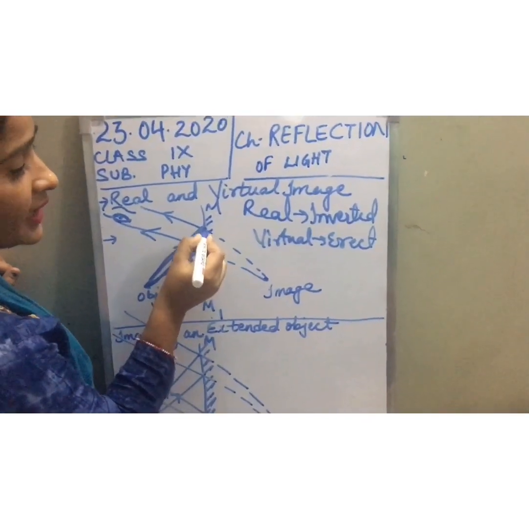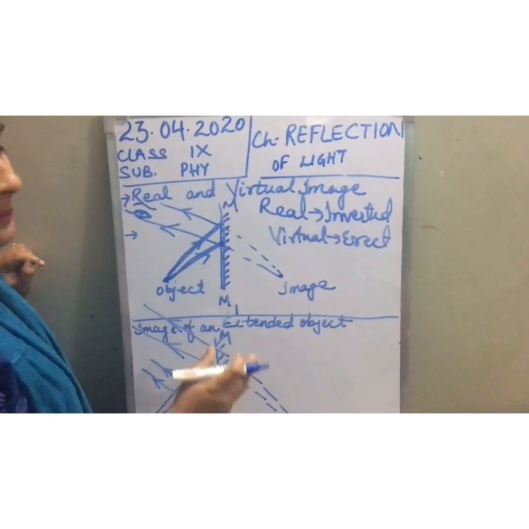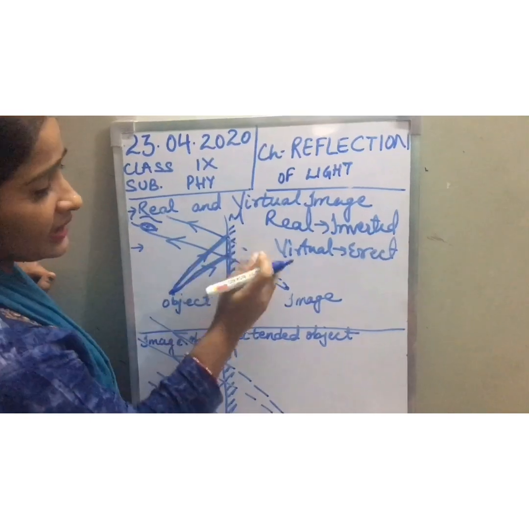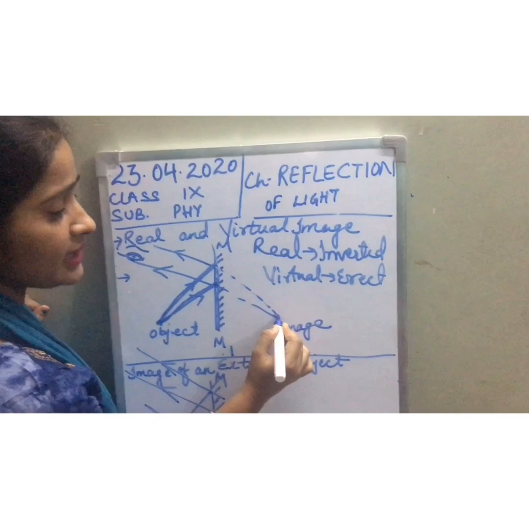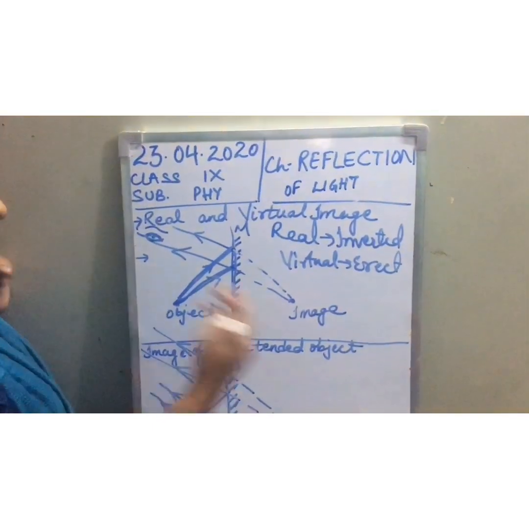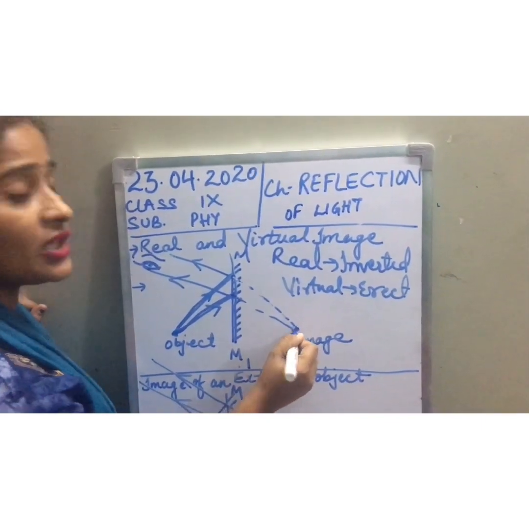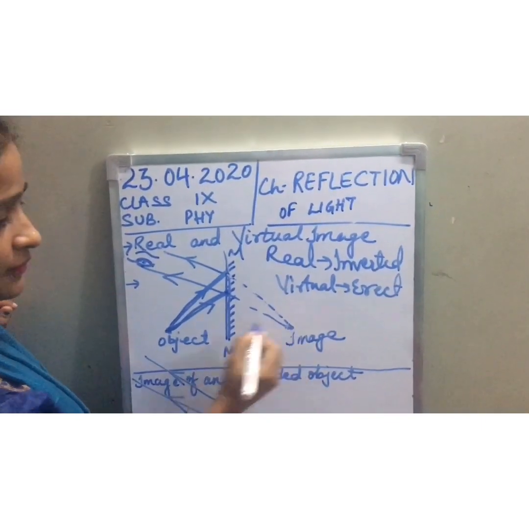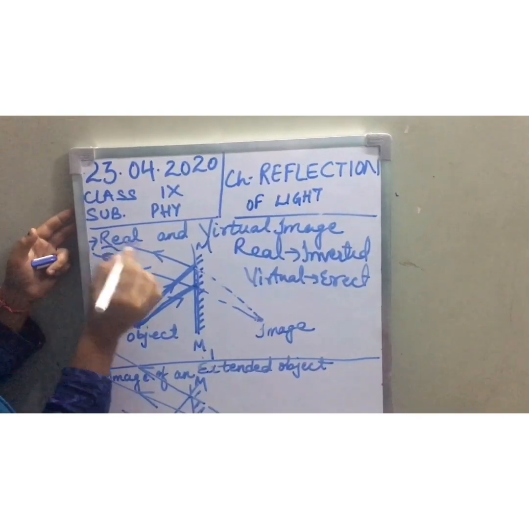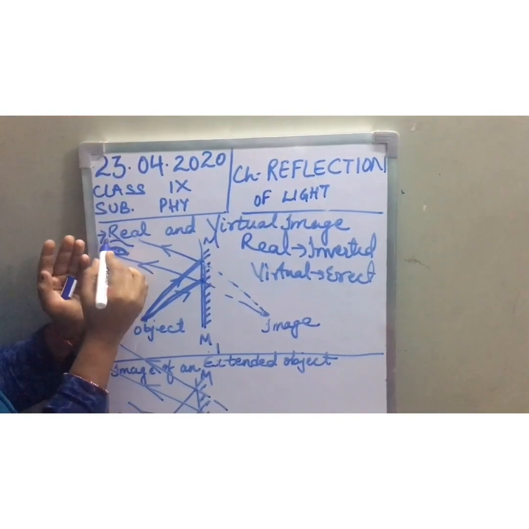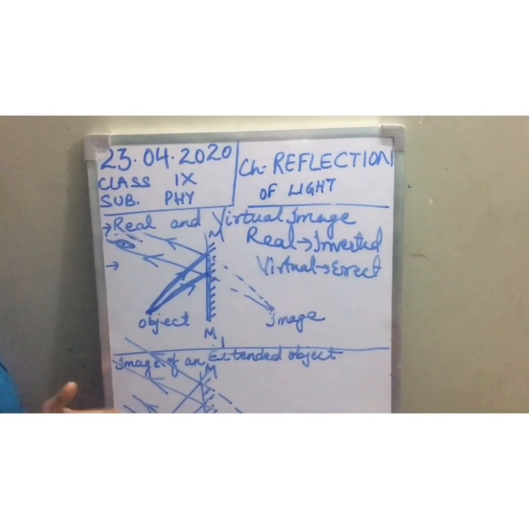These reflected rays will meet somewhere behind the mirror, imaginarily. They are not meeting actually. Behind the mirror, we extend the reflected rays at the back of the mirror and they meet at this place. Where these reflected rays meet imaginarily, we are getting the image there. So where do we have to keep our eye to see that image? In this area, where the reflected rays are going. When we keep our eye there, we are able to see an image behind the mirror.